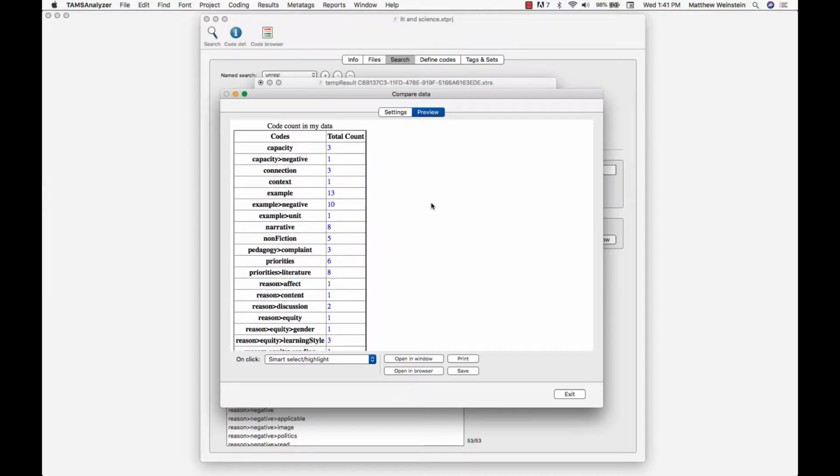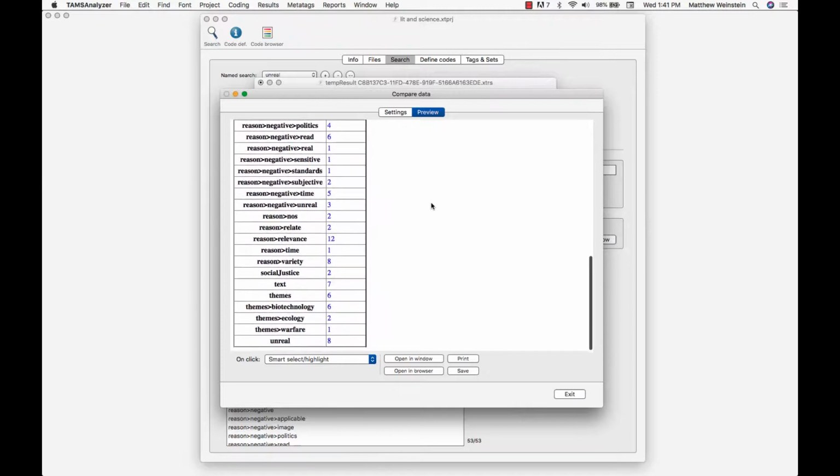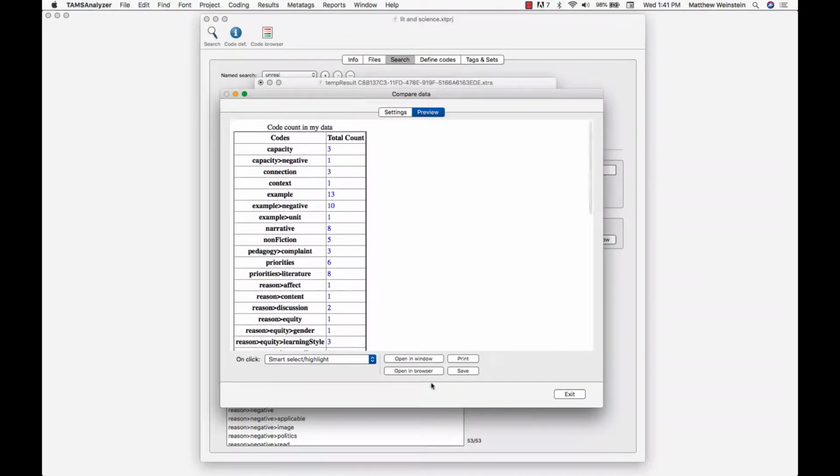TAMS isn't that great on printing stuff, however. I urge you to go to your browser. I'm not going to do it because I've got 1,000 tabs open. But from your browser, you have all sorts of printing options that I don't provide. You can also copy and paste from a browser, probably from these windows too, into Excel and then into Word, or into some spreadsheet and then into your word processor,